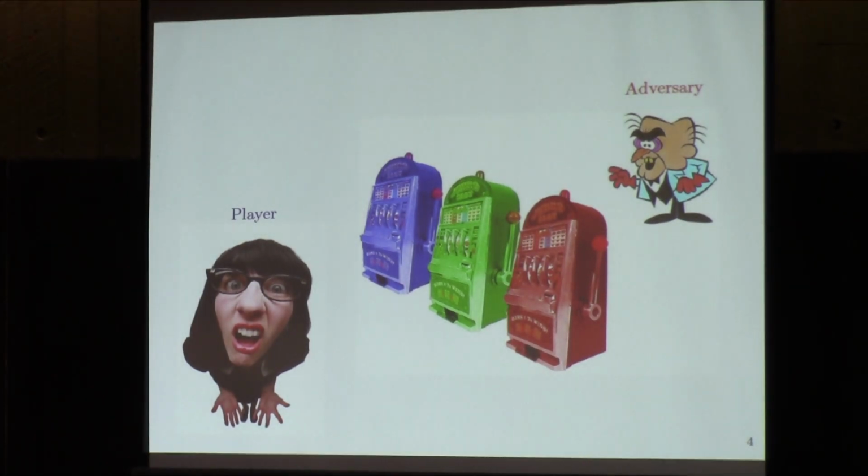Now, learning in these settings proceeds over a number of rounds, right? And at each round, the player chooses some action from an action set, represented here by these slot machines. And the adversary gets to choose the sequence of rewards before the game begins for each of these arms. It's often oblivious to the actions of the player. So it's a worst-case sequence, but the adversary has already set up the sequence of losses, oblivious to the player's actions. And the player is randomized.